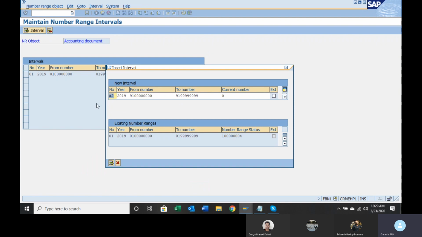If I give 91 here, the system cannot read whether a number range is available or not. The system can understand only if you give X2 that a number range is assigned for this sample document. So this is an exemption. Only for sample and recurring documents do we give X1 and X2. In the rest of the cases we give numbers like 01, 91, 92. Remember this.